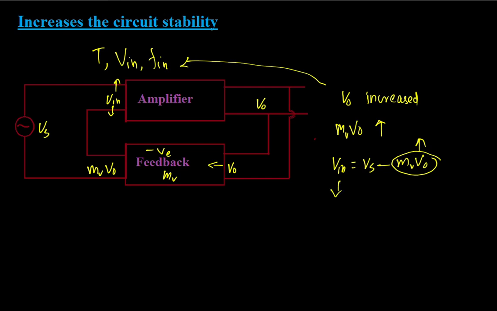This decrease in Vin tries to decrease this V0. When Vin decreases, it will try to decrease the output voltage also. So in this way, the negative feedback tries to ensure circuit stability. This is the way we can qualitatively explain how a negative feedback circuit attains a more stable output voltage. That means the output voltage remains almost constant, independent of the variations in the ambient temperature, the input voltage or the